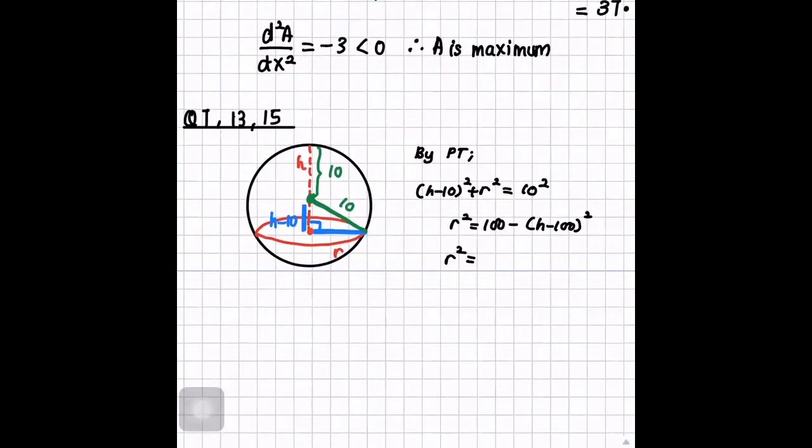Yes, how do you get the hypotenuse as 10? How did I get the hypotenuse? You go to the center of the sphere and you join it to any part of the circumference of the sphere. Won't you get the radius to be 10? The radius will be 10, right?